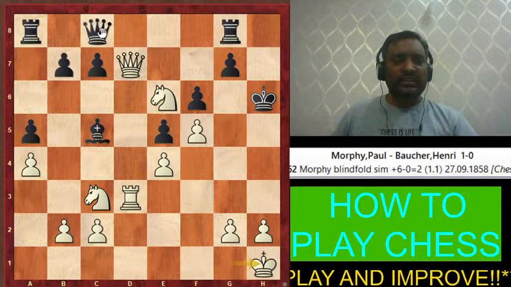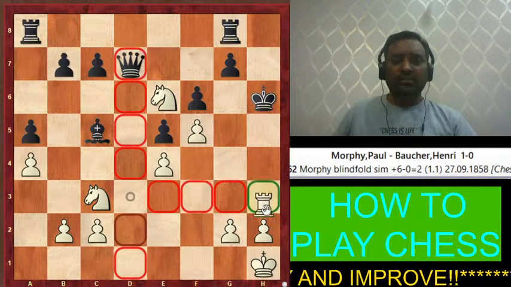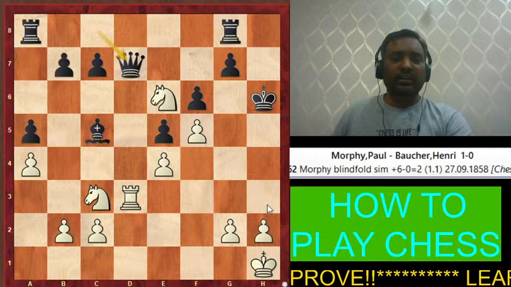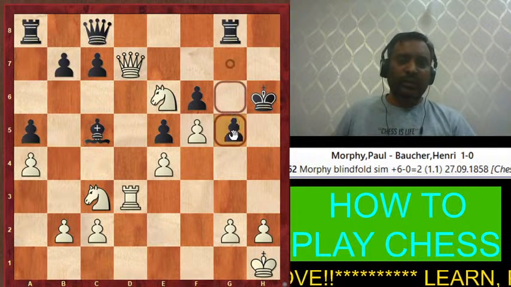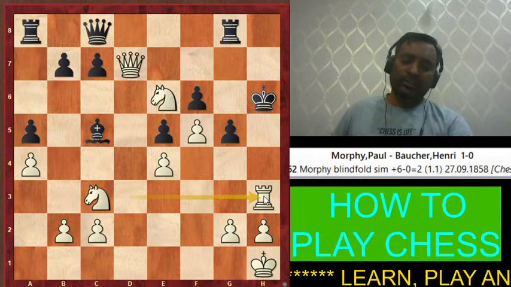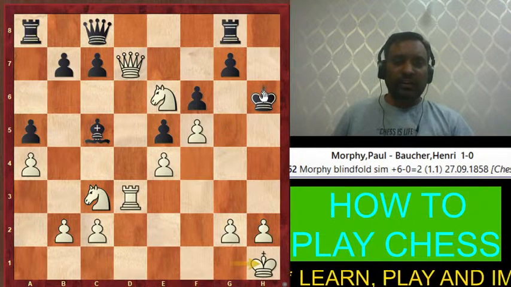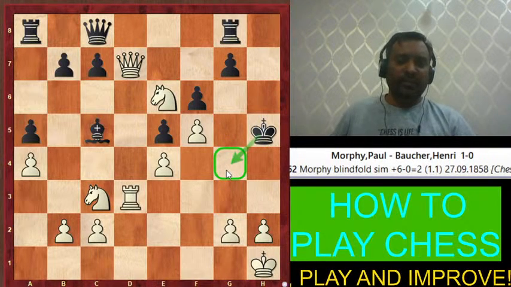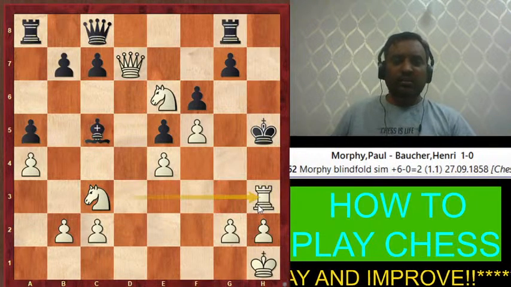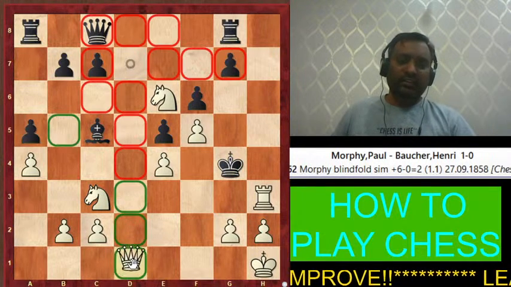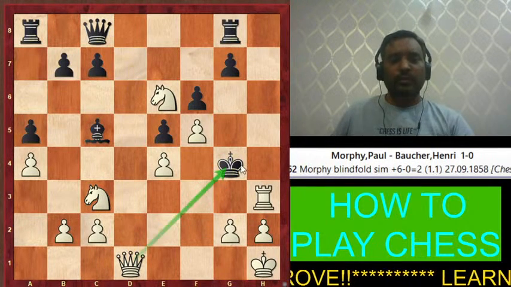For example, let's see that if he captures our queen, so there will be a checkmate. Okay, so even if he tries to play this pawn to h5, then there is still a rook h3 checkmate. Now if you try to come here, the idea is you want to run away from here, but there is still a rook h3 check, king g4, and see this queen d1 is going to be checkmate.